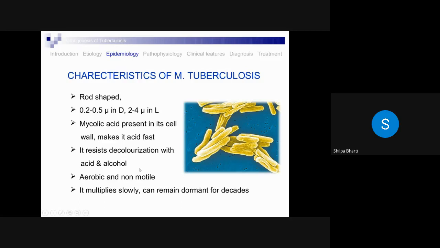Okay, so there are this group of stains, जिसमें से एक है जील नेल्सन स्टेन। तो ये उन बैक्टीरियल स्पीशीज को, जिन बैक्टीरियल स्पीशीज के सेल वॉल में कंसिस्ट ऑफ माइकोलिक एसिड है, उनको स्टेन करने के लिए यूज होता है। तो जब आपने इसको स्टेन कर दिया बैक्टीरिया को उस स्टेन से, और फिर अगर आप उसको डीकलराइज करने की कोशिश करते हैं, उसको वापस से एसिड या अल्कोहल में वॉश करते हैं, तो वो डीकलराइज नहीं होता है। तो ऐसे बैक्टीरिया या ऐसे बैक्टीरियल स्पीशीज को हम एसिड फास्ट बोलते हैं।